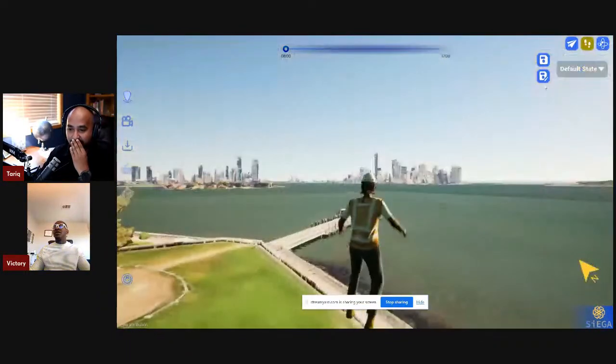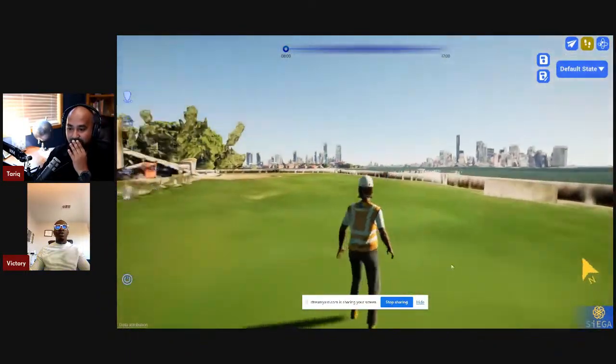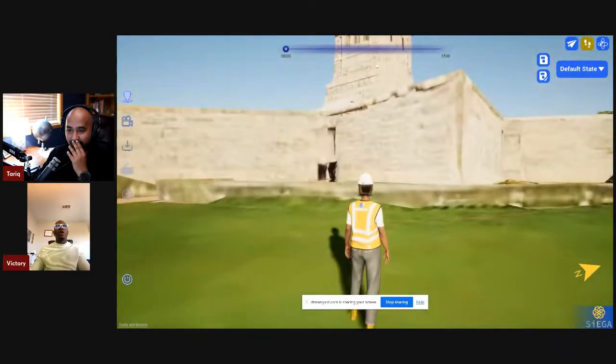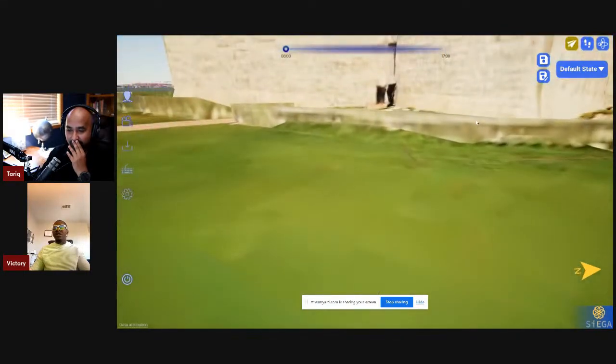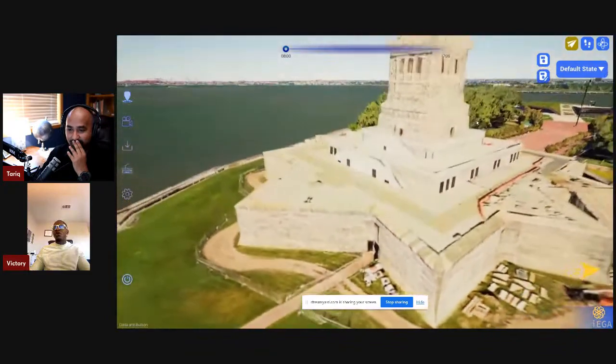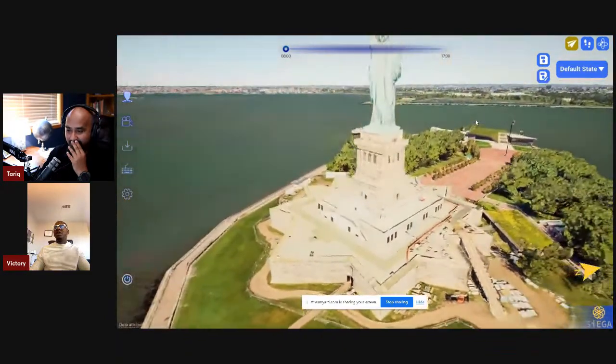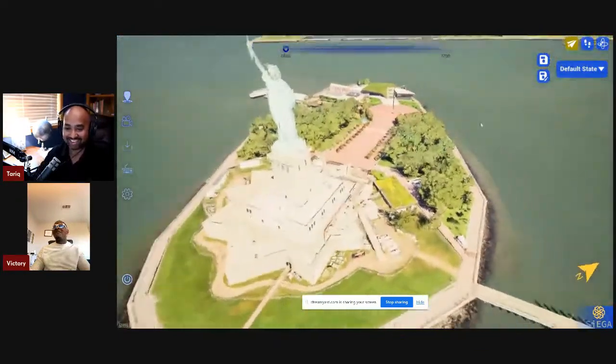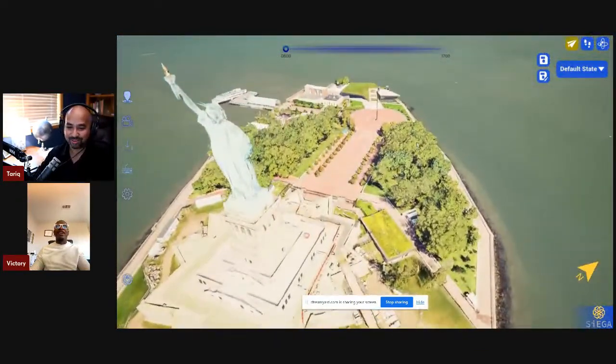So right now it's the same thing I've been showing you earlier. Nothing more exciting. You could walk around, you could visit anywhere and walk around. But now you're doing it in an environment that's actually physically accurate, right? All of those features I showed you earlier basically work here, so I don't want to go over them. But it's just cool. Let's just walk around the Statue of Liberty a bit. I think just the experience of being able to